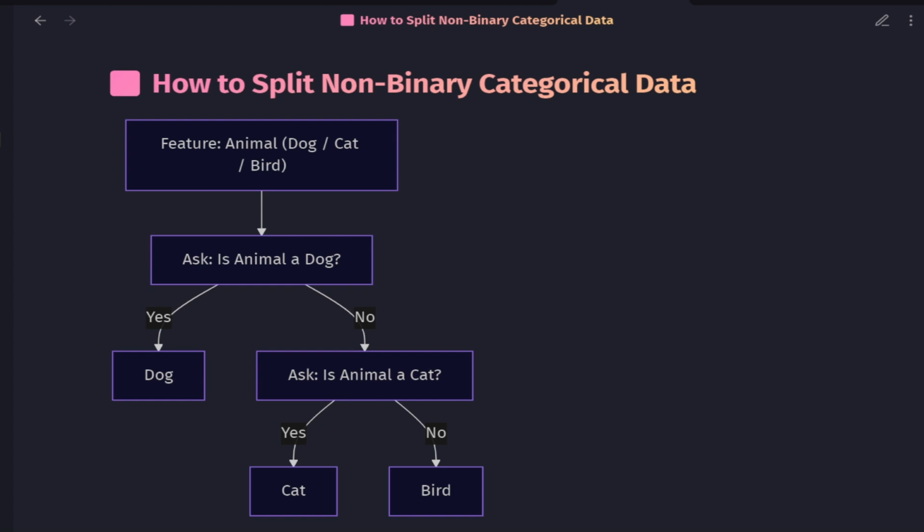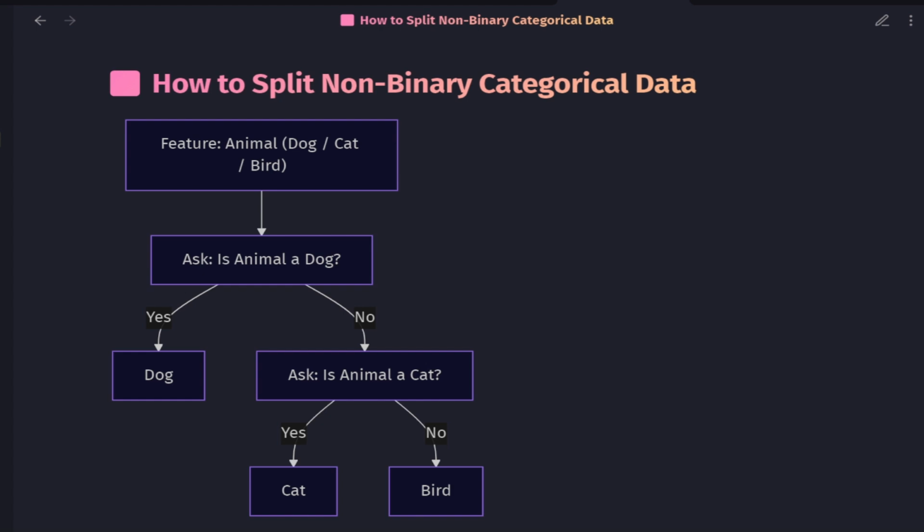So, our decision tree goes step by step, asking one yes-no question at a time until it confidently classifies the data. This flowchart shows that even with multiple categories, the decision tree keeps things simple and structured: one question, two answers, and repeat. That's how we convert a multi-class feature into a set of binary splits, and it works beautifully for any number of categories.